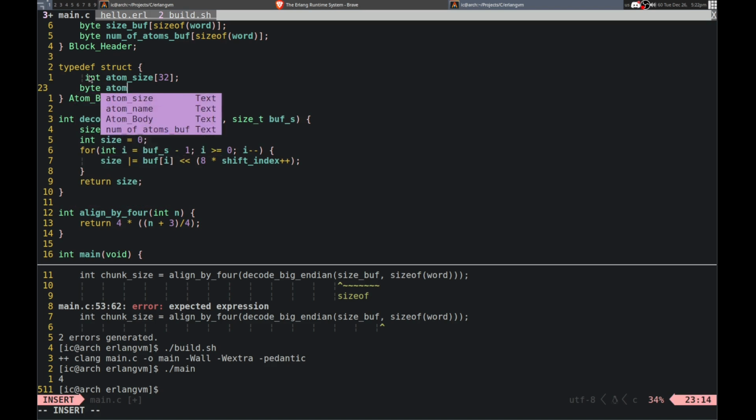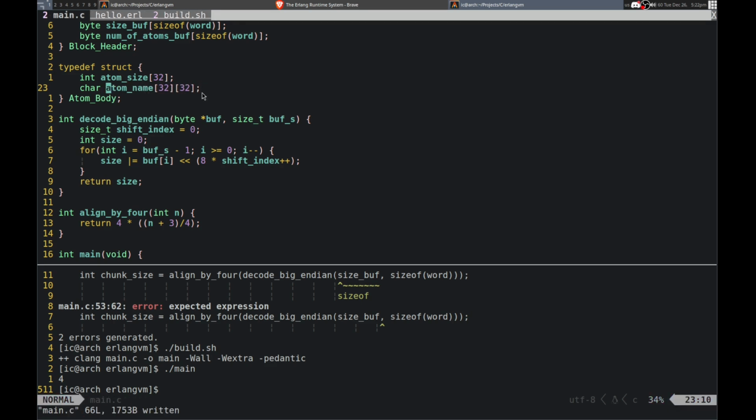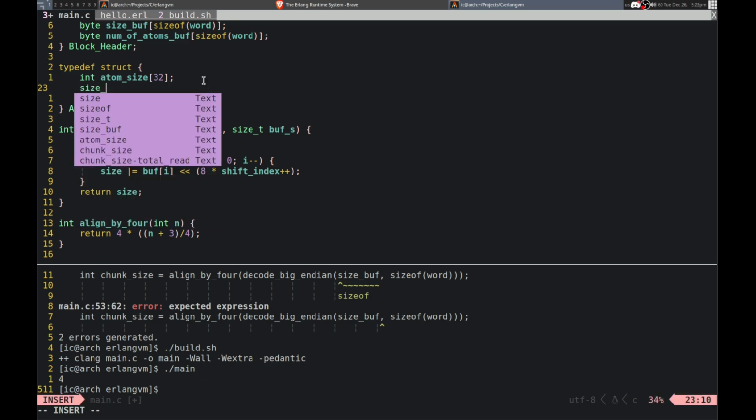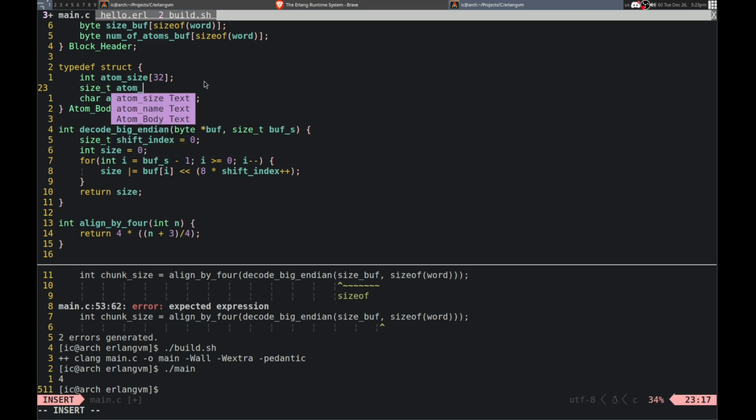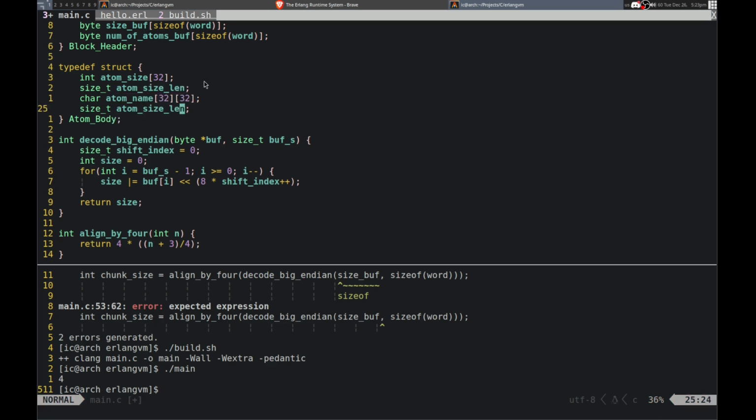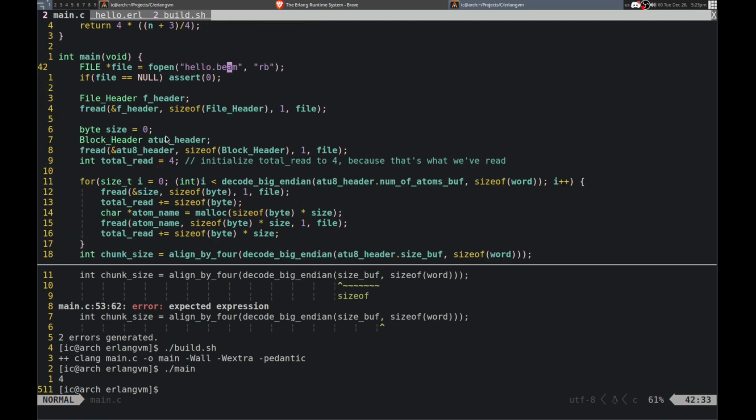Okay, and then we need the byte of atom, whoops, atom name. So actually it's not a byte, it is a character pointer, atom name. Yeah, and just like 32 of those. So maybe I'll actually do like that, and then maximum character size. So I don't think it'll go past 32, so that should be fine. Okay. And I'll basically just push on to that, to be able to read from it. Let's see, atom and atom name. Alright. Yeah, so that is a bit wasteful, but that way we can read it all into one structure.